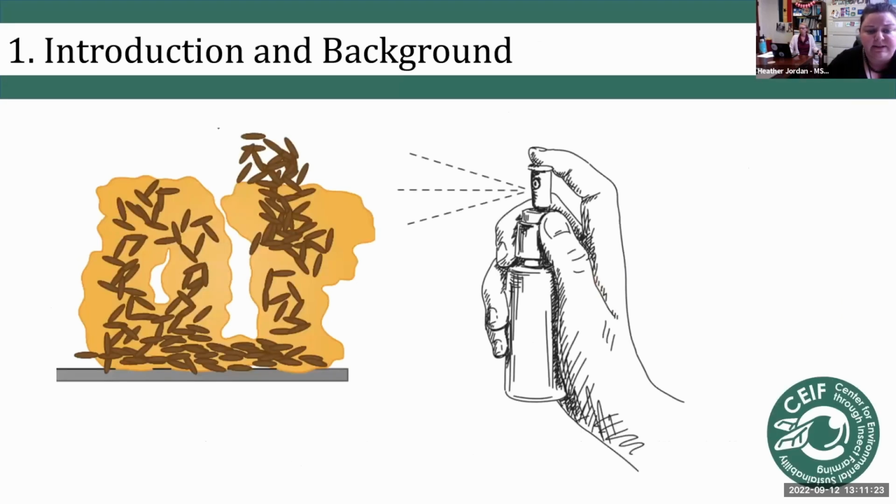So one of the reasons that biofilms can be difficult to eliminate is, as you can see, we have our disinfectant sprayed here. Most disinfectants work by being able to contact the bacteria, and the bacteria on the inside of the biofilm are going to have more protection. So this is one of the benefits of a bacteria forming a biofilm.